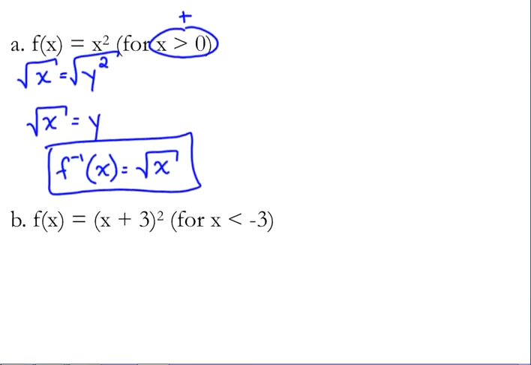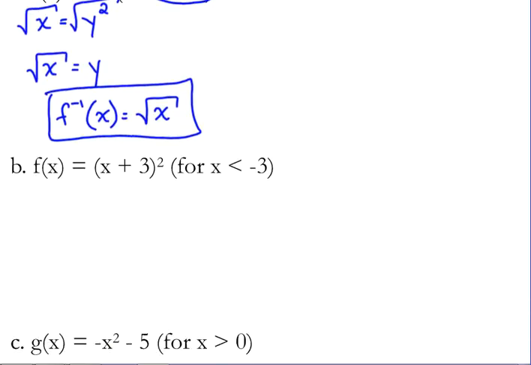Okay, so let's do another one. Let's look at b. f of x is equal to (x plus 3) squared for x is less than negative 3. Okay, less than is going to imply negative. So when we switch x and y,